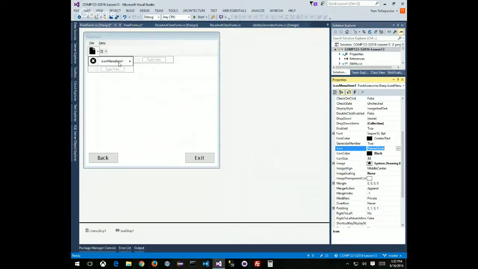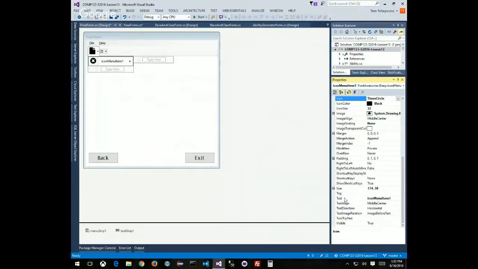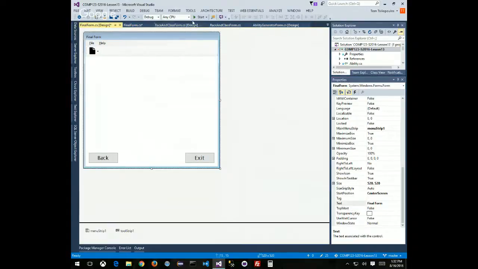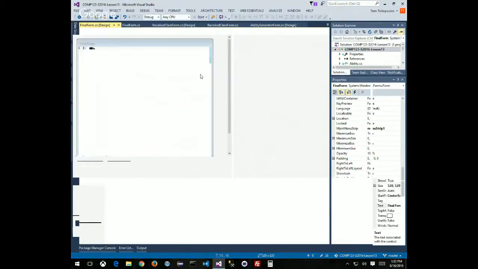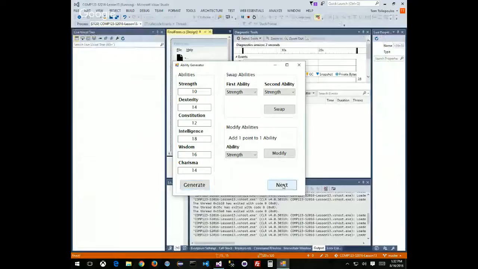And notice that it displays both the text as well as what it says. Our text says icon menu item 1. I could change the text to something like exit. I really want it to be just the same as everything else we've seen, so I can use the ampersand exit to give me that look and feel of the exit, right? And now when I run this application, just to show you what it looks like,